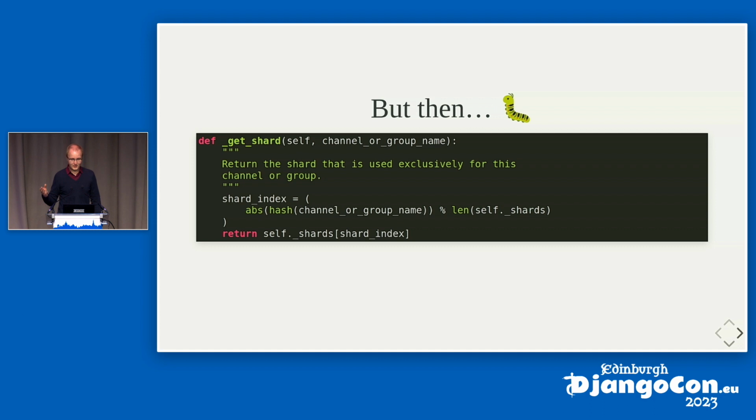talk negatively about the code in there, but because it's something you need to be aware of when you're writing stuff like that. There's a function in the channels Redis project that figures out which shard the channel goes to for the pub/sub implementation, and it uses the hash function from the standard library. And you've never heard of that? The hash function is randomized with a new seed every time a new Python process is started. So across our servers, on every server, a different sharding scheme was applied.